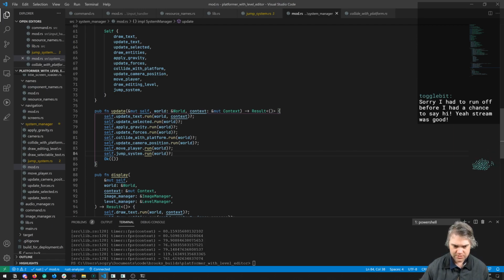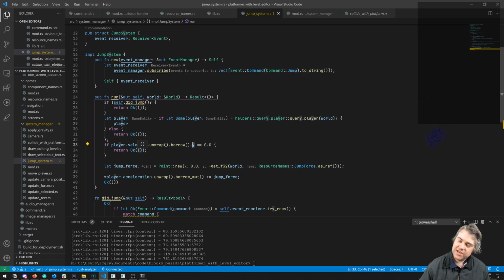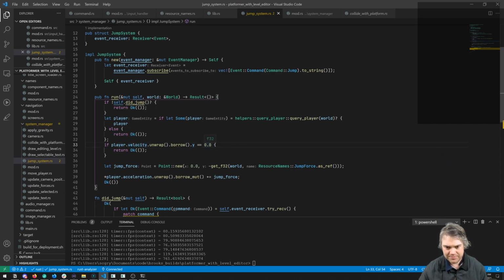Let's see. Okay, so we have the jump system here. Now this is the velocity. We're checking the Y velocity, because I don't even want it to jump when it's going up. So if your velocity is less than, I don't have an on ground flag. That might be a good idea. If I do something like is less than 0.1,